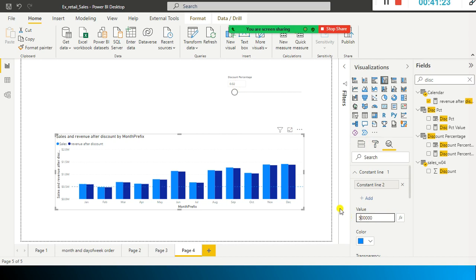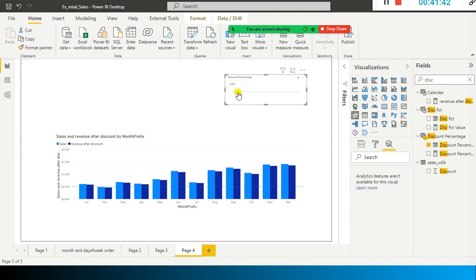If I give 5, right, so 5 lakh, and yeah, we are able. So now look here, if my target is 0.5 million, in almost all the months we are able to achieve the target with this discount percentage. If I increase it to 0.04, it is slightly falling down. But in January, in all the months we are pretty comfortable, including February.